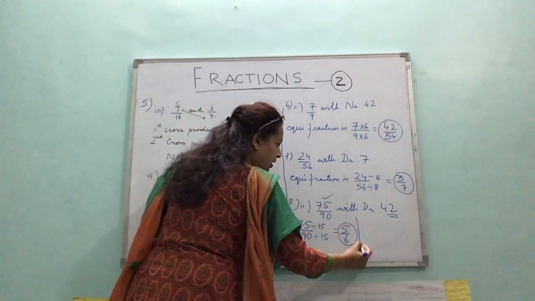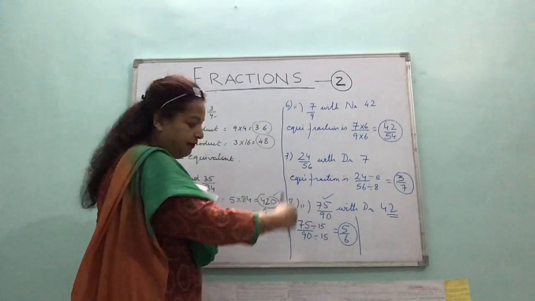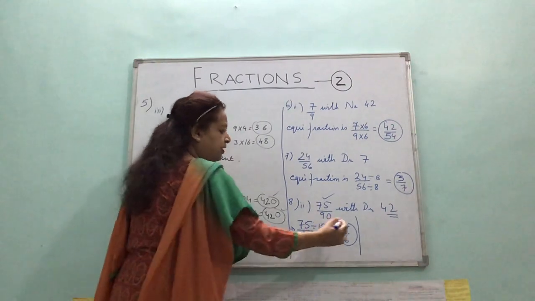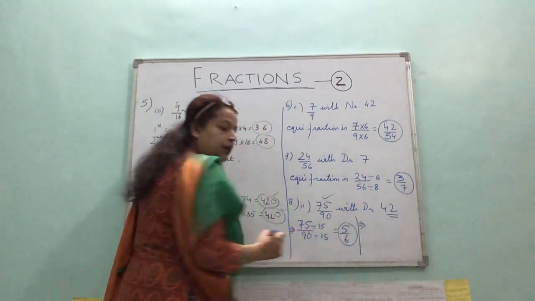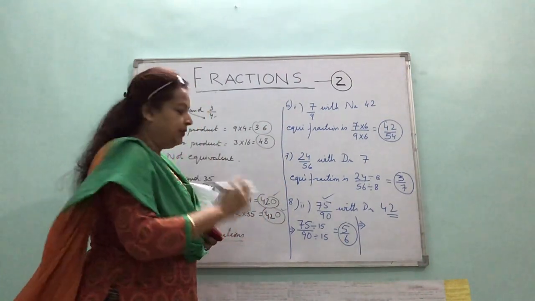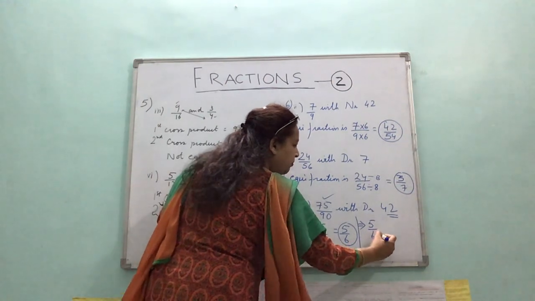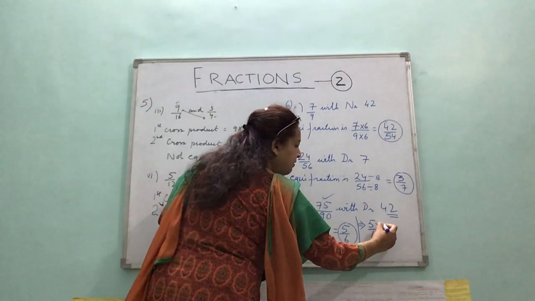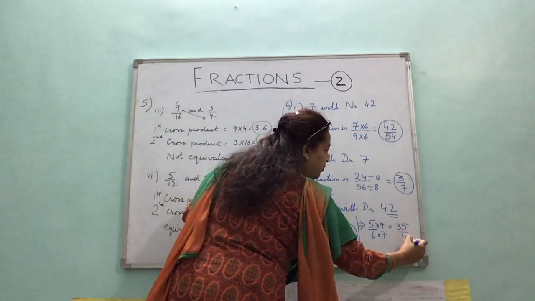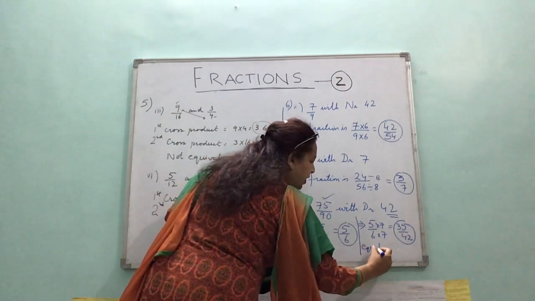I can do it here only. I have less space, but you will do it after this, underneath that, one step after the other, right? And the first step you will make this symbol, arrowhead. As I told you earlier, arrowhead is for the first step, don't make an equal to sign. For steps, arrowhead is the symbol. So now I will multiply both numerator 5 and denominator by 7. So it is 35 by 42.